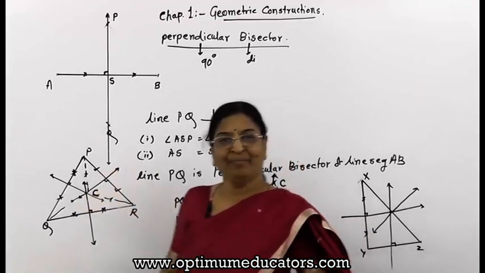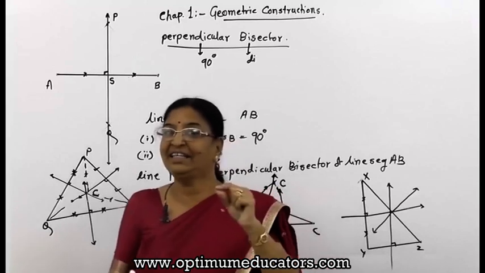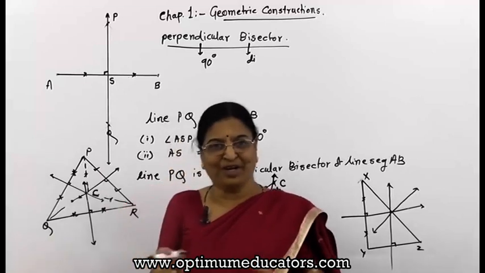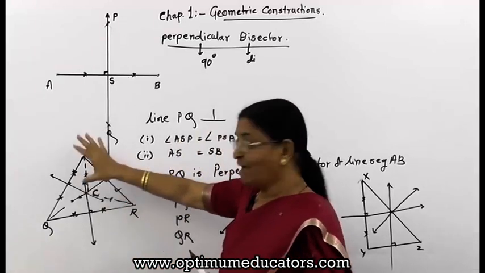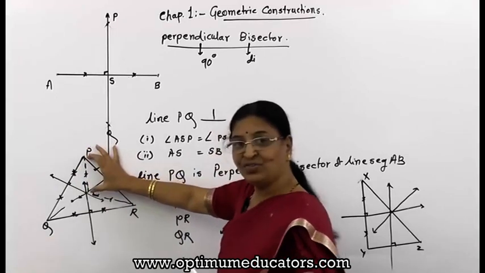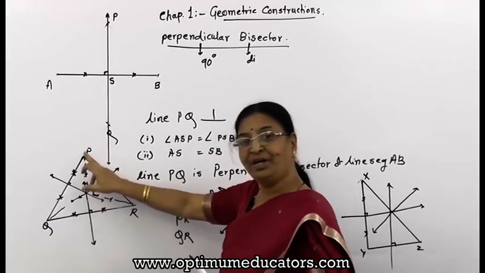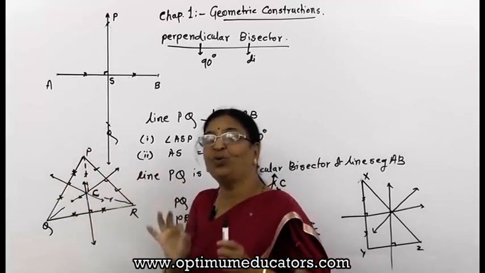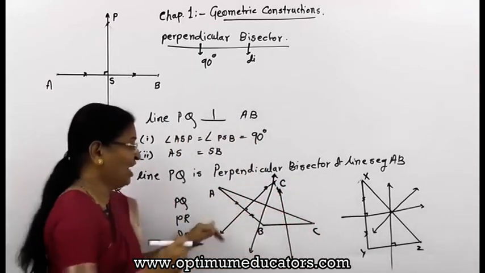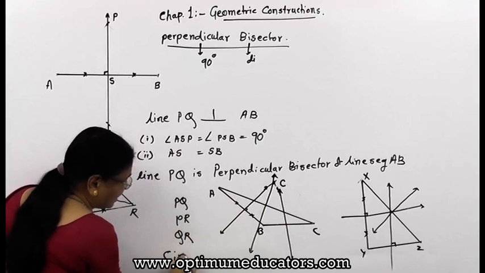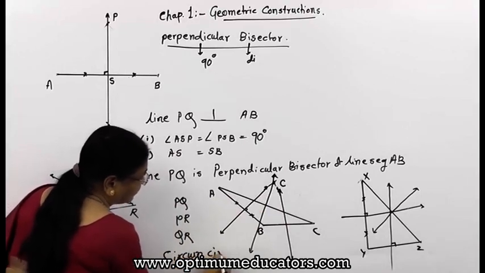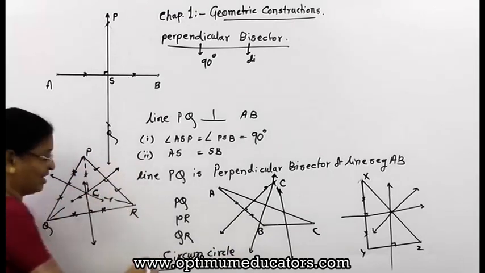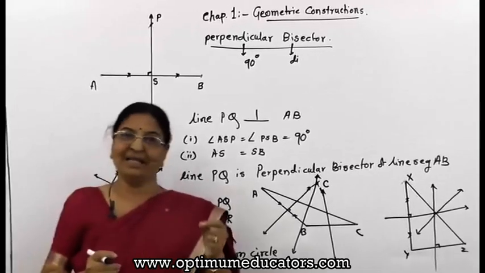What can you conclude here? The point of concurrence is equidistant from all the three vertices. And what is the importance of it? If you take a compass, put a point on C, take a distance which is equal to the distance between the point and the vertex, and draw a circle, that will pass through all the three vertices. And so it is called the circumcircle. See, the circumcircle, and this is the center of the circumcircle, and that's why I mark it as C.